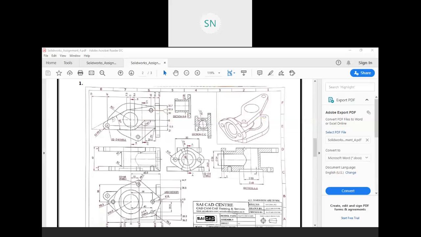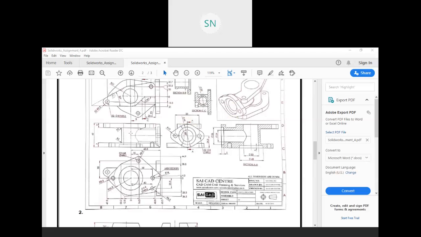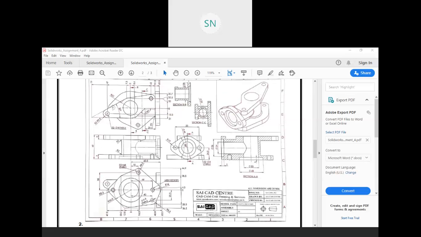The outer diameter of this pipe is 38, and the height is 49. So we will begin with this pipe with 38 OD and 30 ID, this center pipe.